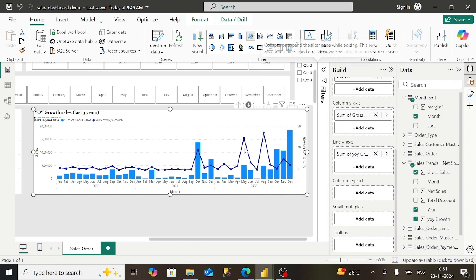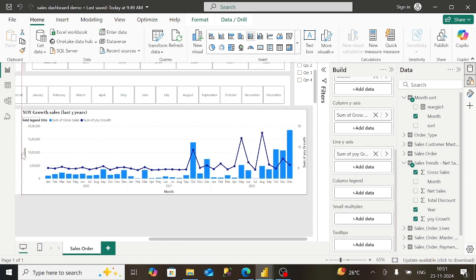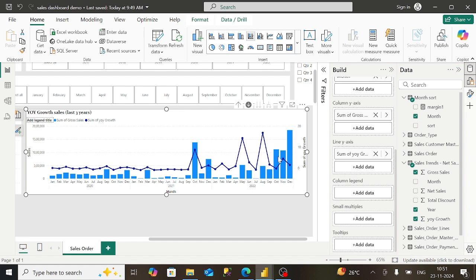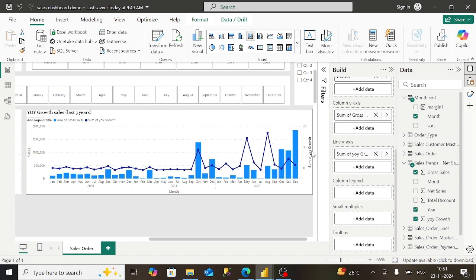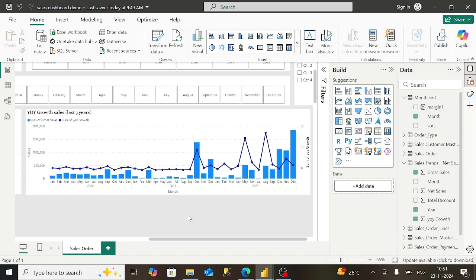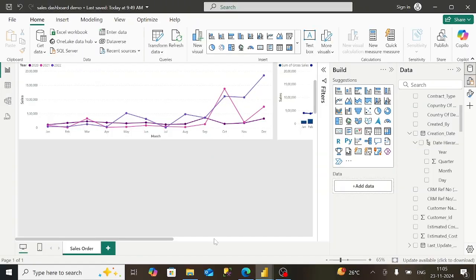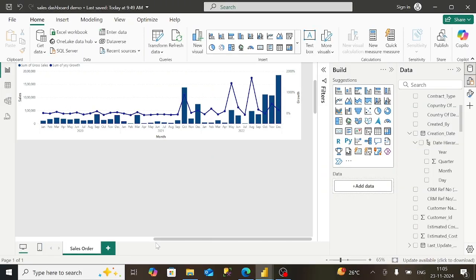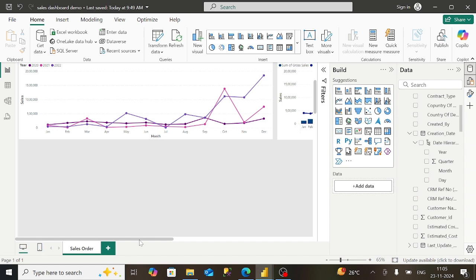Now this is our stack line chart created. You can always change the color and size in the format panel later on according to your client requirement or according to your website dashboard, etc. When we are done with our line stack chart, we will move on to another chart, that is stack column